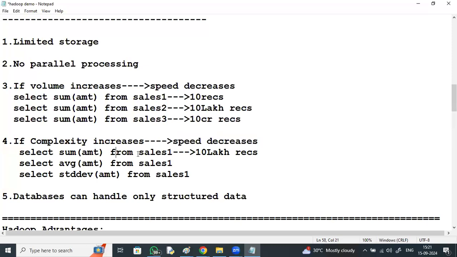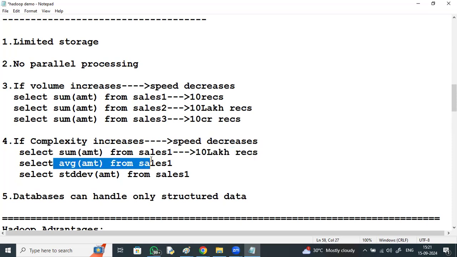Total amount from sales one, 10 lakh records. Average amount from sales one. Standard deviation of amount from sales one. Which query executes faster? Again the first query.